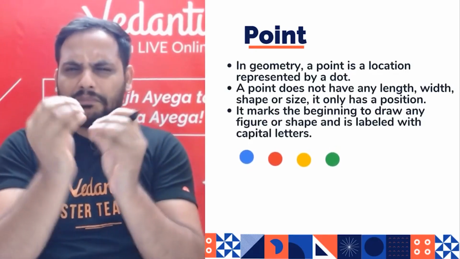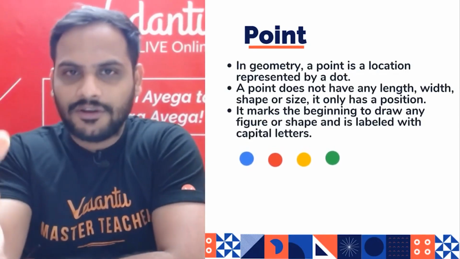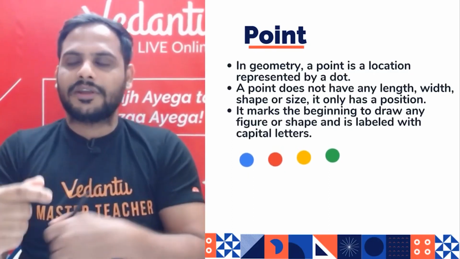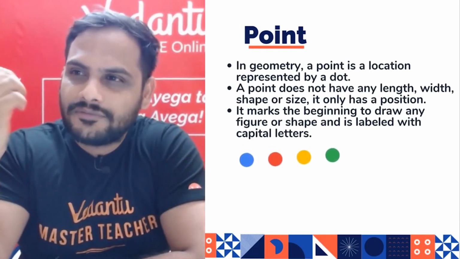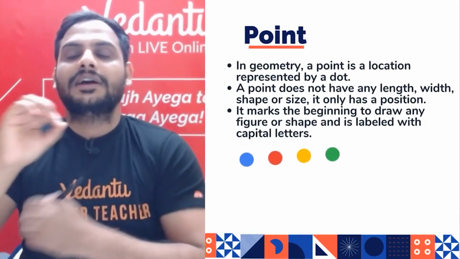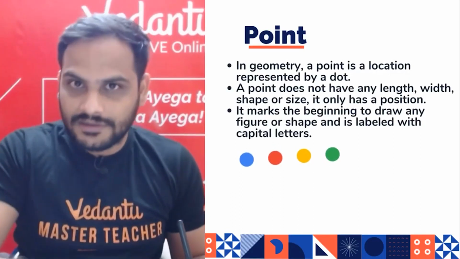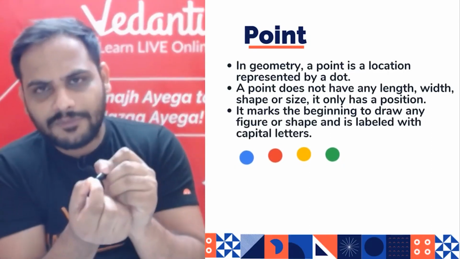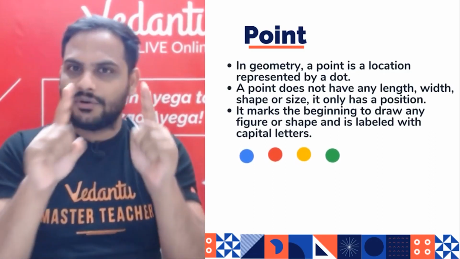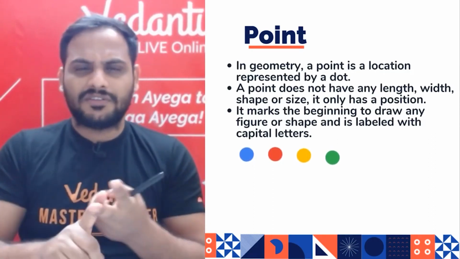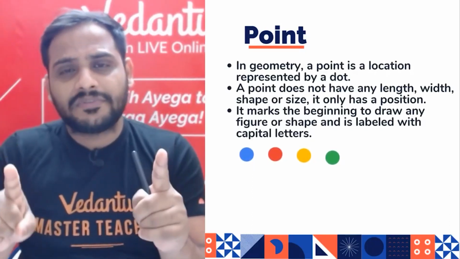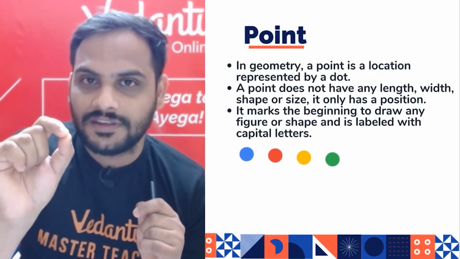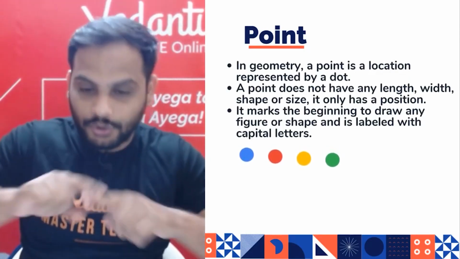In geometry, what is the basic unit? In biology we go with the basics, like the unit in biology is cells in your body. In physics we talk about atoms. In maths, especially in geometry, the basis of geometry all starts from a point, because in geometry I talk about shapes, be it 2D or 3D, and all shapes are made out of points. So this is the basis and the foundation of the whole geometry.